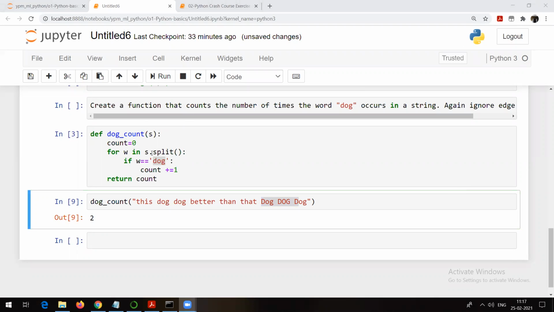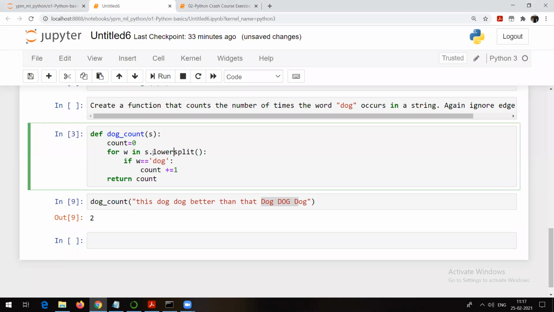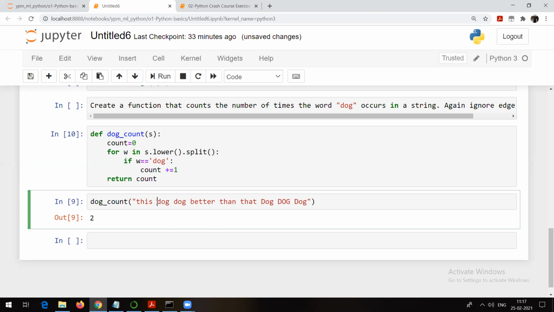So what I can do is make use of a method called lower. See, here I am adding s.lower. Lower, we have seen yesterday. So s.lower().split(). First of all, I am converting everything into lowercase, and then I am giving the answer in the form of a list after splitting. Now if I run it, this time it will give me the correct answer. 1, 2, 3, 4, 5. My answer should be 5. Now see, it is giving the correct answer.